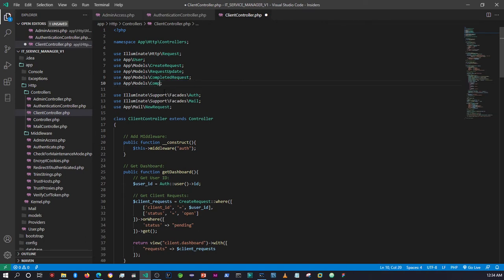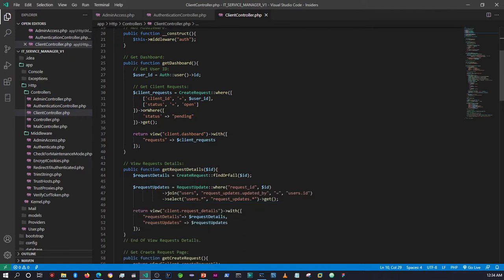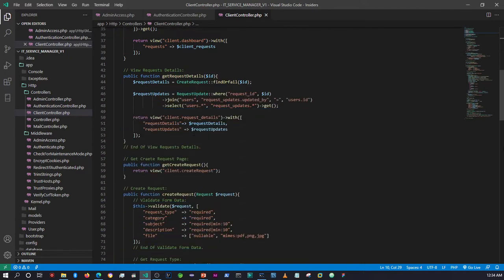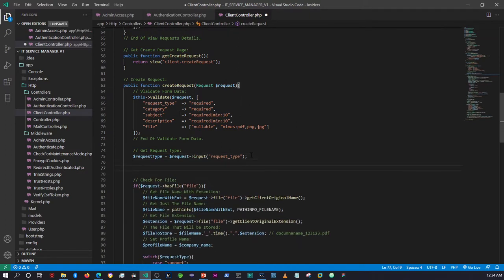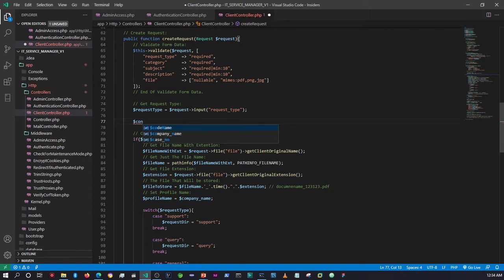So it's company detail. Okay. So now what we need to do is, down here we need to get the company name. So we're gonna say profile name equals to company name. So let's just call it the company name, and then it's gonna equal to company detail,